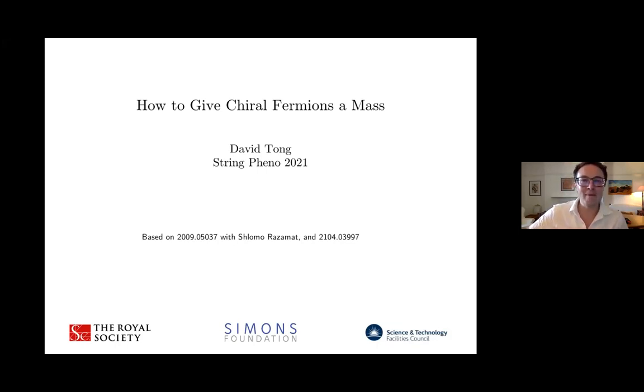I'm going to tell you something that compared to the other talks I've seen is extremely simple and straightforward. It's a very basic fact about quantum field theory that I want to get across. And the message is the following. If you have a chiral gauge theory, let's say in 4 dimensions, where left and right-handed fermions transform differently under the gauge group, then there is no obstacle at all to giving those fermions a mass, leaving the gauge group